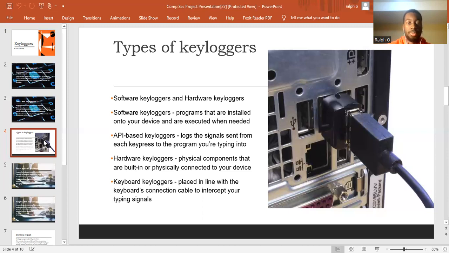And then hardware keyloggers are keyloggers that are physically built into your device or physically connected into it. So an example of this would be something like a keyboard keylogger, which is the keylogger is basically placed in line with the keyboard's connection cable or built into the keyboard itself in order to intercept your typing signals,